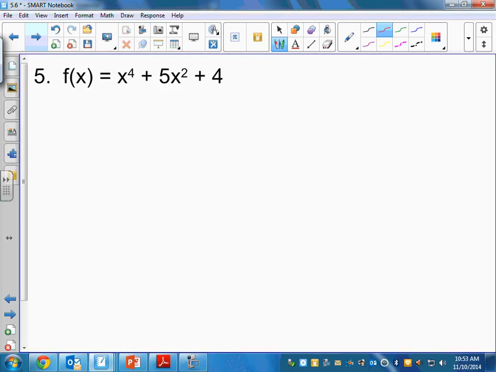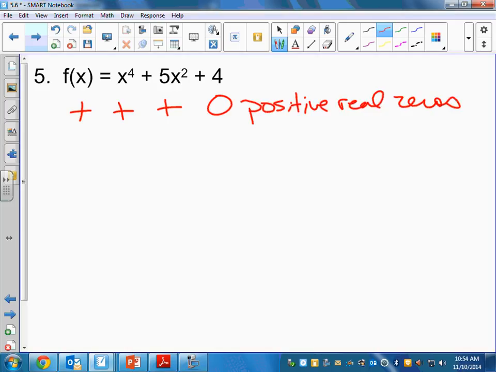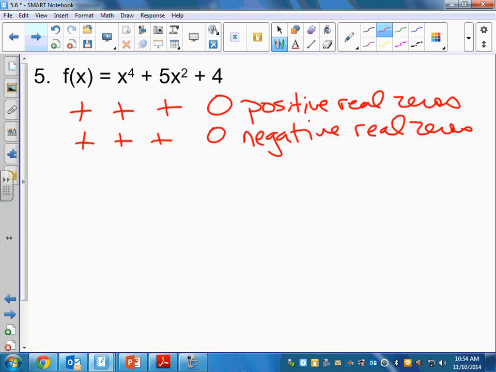Real quick, let's do Descartes' full sign off. Okay. What does that mean? That there's 0. And so then if I plug a negative in, all even exponents stay the same, constants stay the same. Yeah, we know by the fundamental theorem of algebra there has to be 4 zeros. None of them are positive, none of them are negative. They're